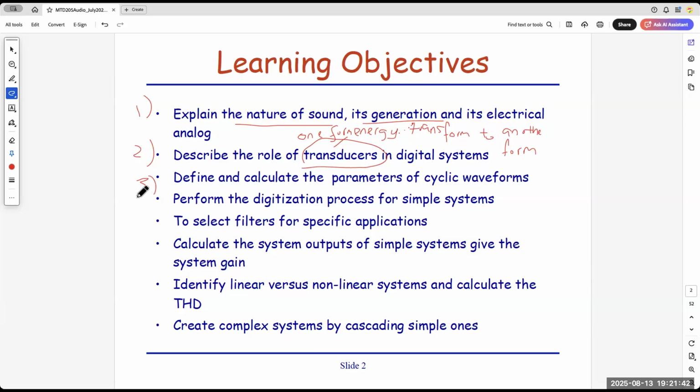Today we will go through part 4 of the objective, called digitalization. How do you capture sound from the air, transform it to something that you want, and then throw it out again through a speaker? We give you the overall view of what's going on.